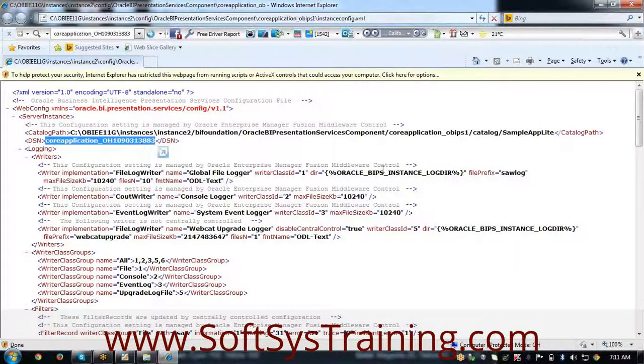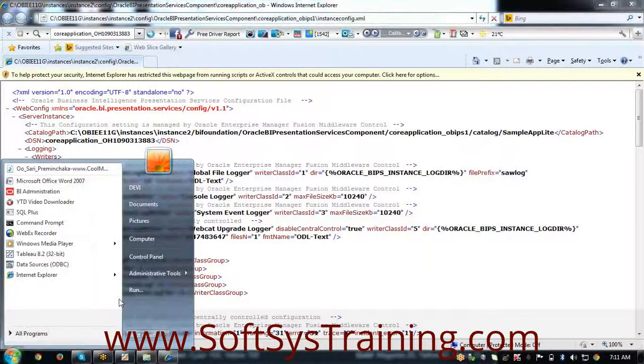Normally, you know the routine data flow in an environment. You have a web browser. It will connect to a web server. Web server will connect to the Oracle BI server. Oracle BI server will connect to the data sources. Let me show you here